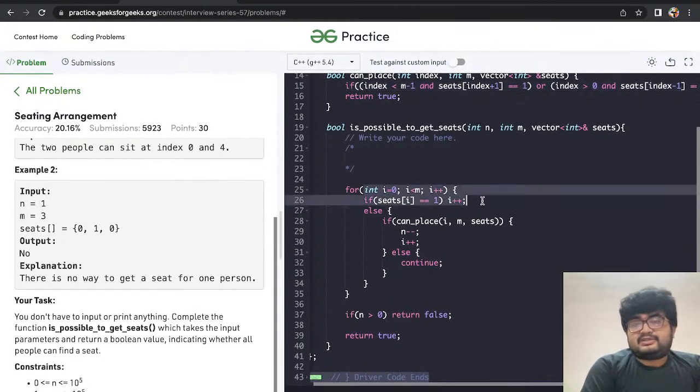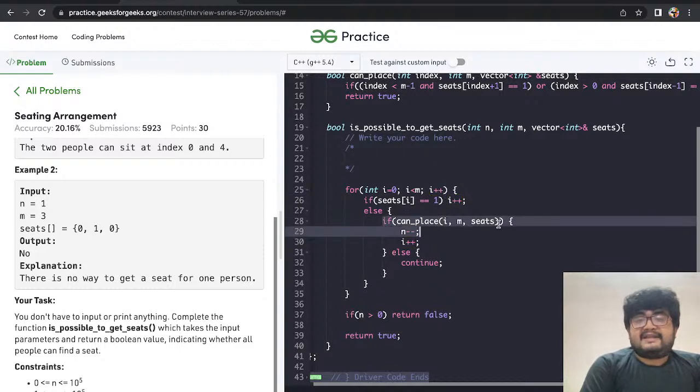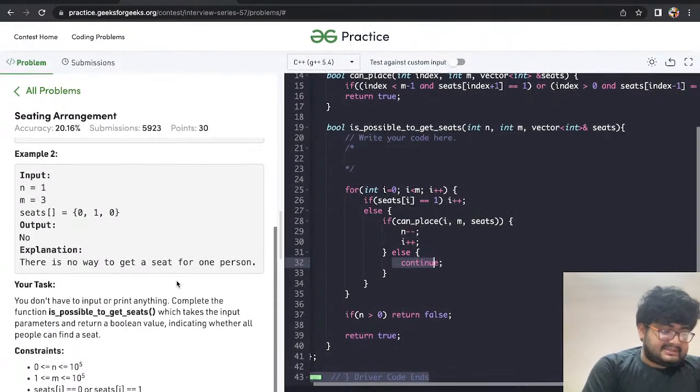So for i equals 0, we'll check if it's already booked, then we cannot keep a person in the next seat as well, so we'll do i plus equals 2. Like here plus plus and again here plus plus, so it will be i plus equals 2. Otherwise we'll check if we can place someone here. If we can, then we'll do n minus minus, because we are placing a person here, and we'll do i plus plus, then i plus equals 2 basically will happen, right? Otherwise we'll just go to the next seat with i plus plus, and we'll check again if that's a valid seat. So that's